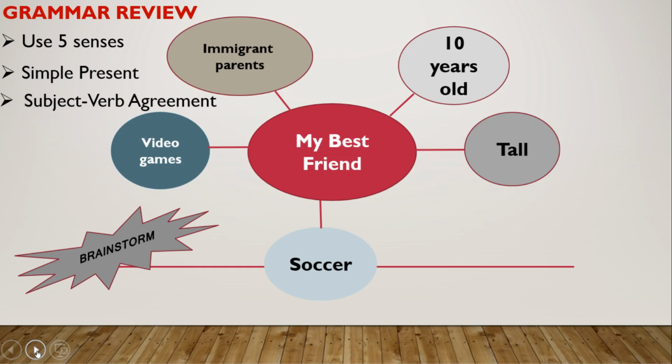Okay, you put your topic in the middle and you just put some initial thoughts that come to your head, and that's how you do the brainstorm. Now we're going to use all of this information to actually write our paragraph. Okay, so let's move on to the next slide to see how this student actually wrote his first paragraph about his best friend. Okay,